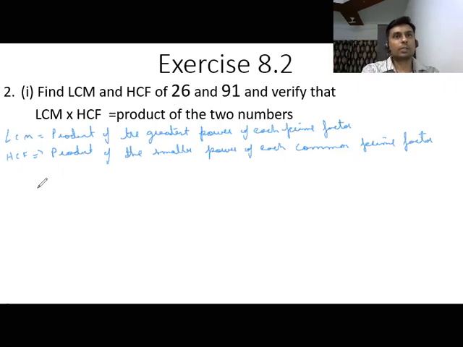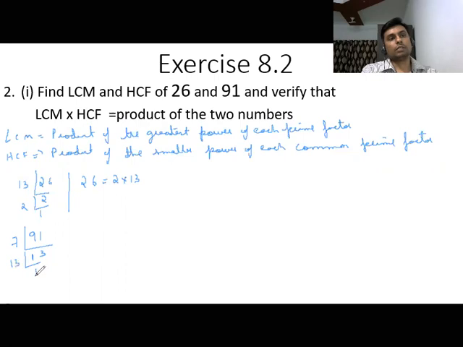So we will look into the numerical, and as we solve it, you will understand. First, I will take 26. I'm going to express 26 in the form of prime factors, by the fundamental theorem of arithmetic. So 26, easy, 13 2s are 26. So 26 can be expressed as 2 into 13. Done. Now I'll take 91. Divide by 7. 7 1s are 7. Carry over 2. 7 3s are 21. And 13. 13 1s are 13. So 91 can be written as 7 into 13.